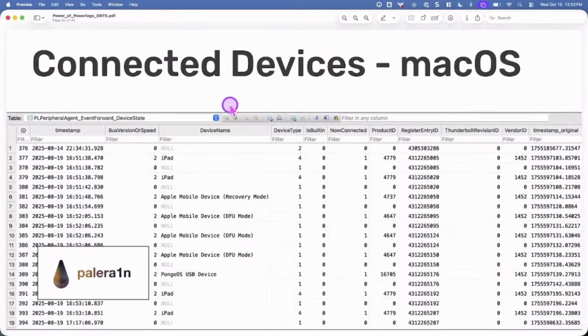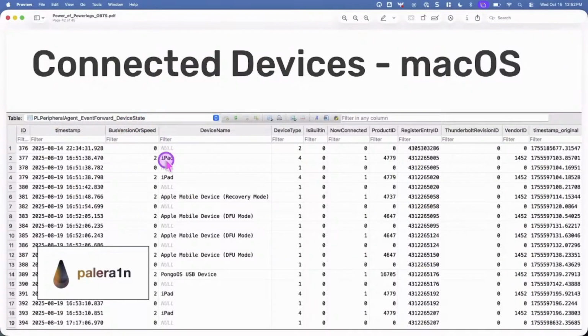All right, going back to macOS. I know I spent a lot of time on iOS because it technically is a little bit more interesting with 700 plus tables, but macOS has about 500 or so tables. So device state here, this one is for the peripheral agent. And this is me connecting up my iPad 7. Let's pour one out for the iPad 7. No longer good for jailbreaks anymore. Well, still good for jailbreaks, just not on newer OSs, of course.